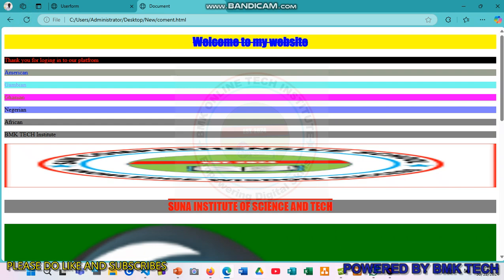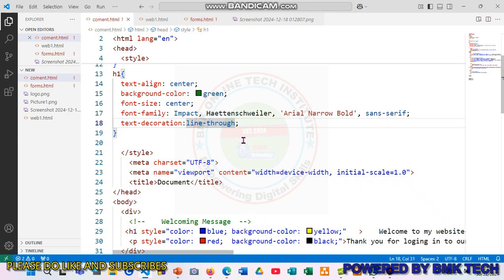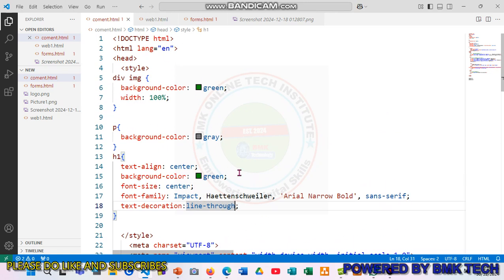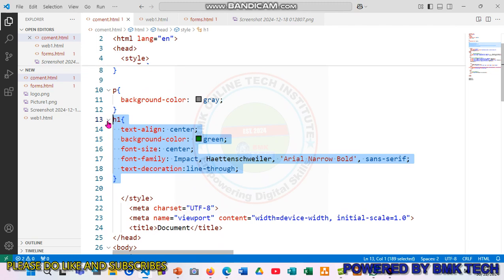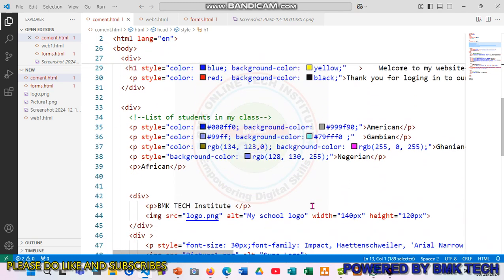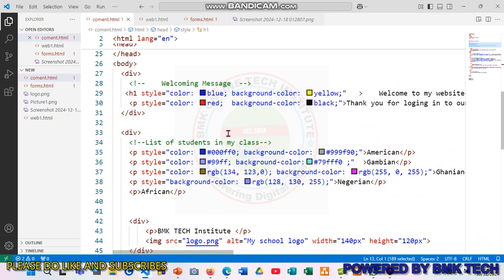Okay, so this is how we apply the inline CSS, meaning we have to create it within the file, and then from creating it within the file, we need to call it by creating a selector. So this is the selector call here. It is calling from the div image. And here also this is calling from the paragraph, any text contained in paragraph, and from here it is calling any text contained in h1, h2, and so on. So you can see, even if, let me say I want to create another h1 here,